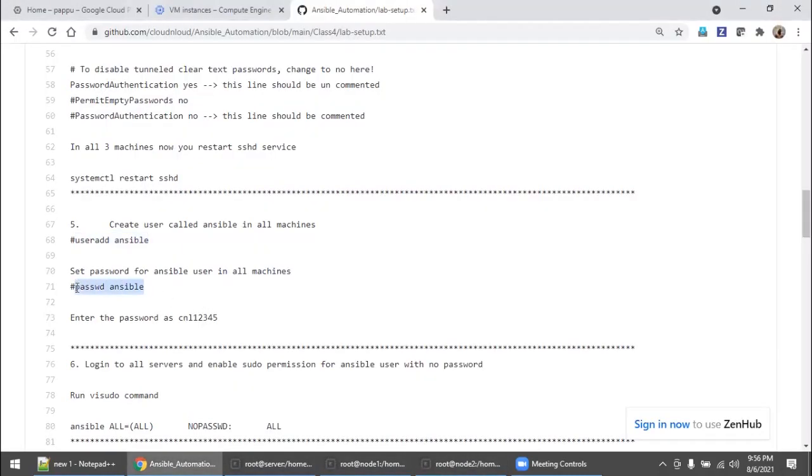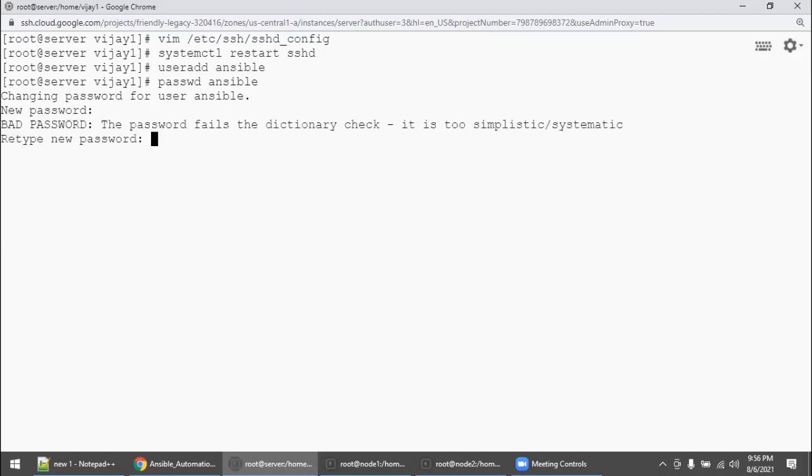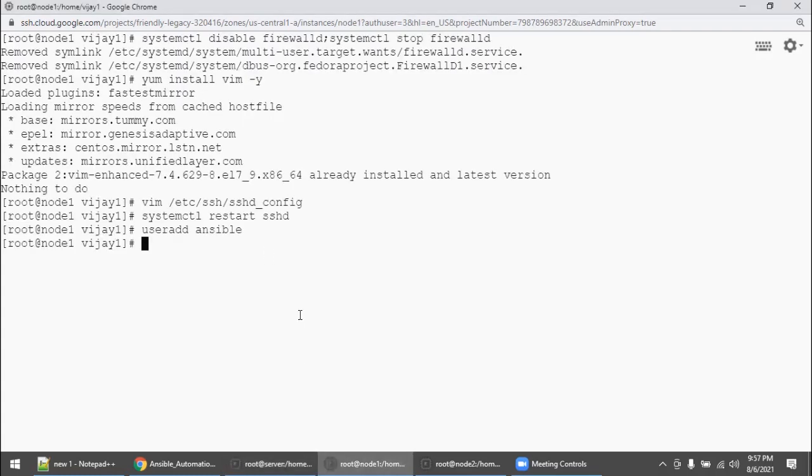Now we need to set the password. As I stated a couple of times in my previous classes, we are not trying to prove anything. So please don't set any complex password. I'm going to set CNL12345, which is very simple. But in production, definitely you need to follow the normal guidelines as per policy.